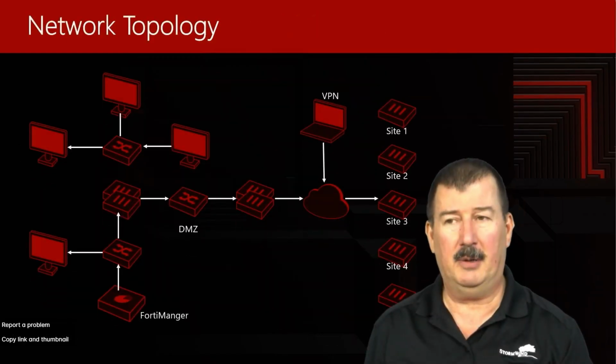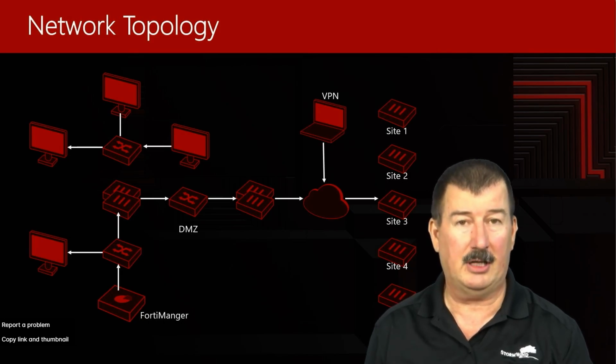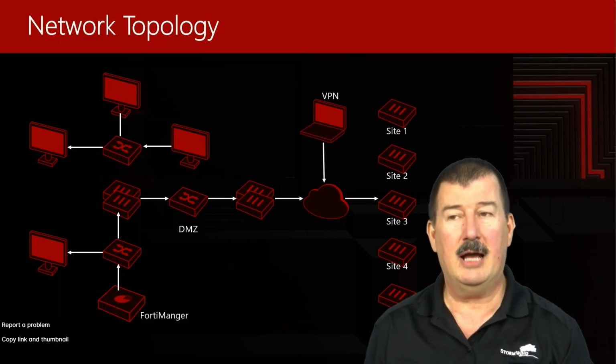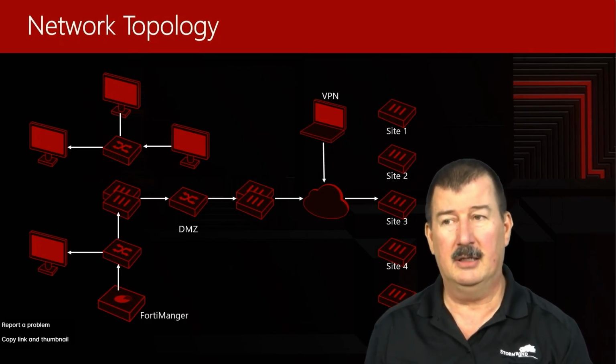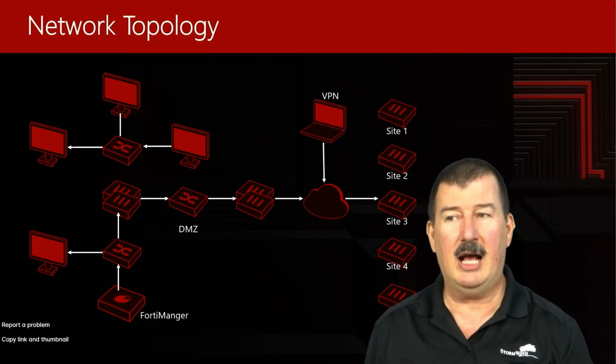So this is kind of a topology that we're talking about. If we look there, you have a FortiGate firewall in the middle. You have 5 sites that are VPNs. You have 5 different sites. They may be site-to-site VPNs. You have VPN users, so you may have some type of SSL VPN. They all connect through the firewall through a DMZ that segments out from the server network up top to the